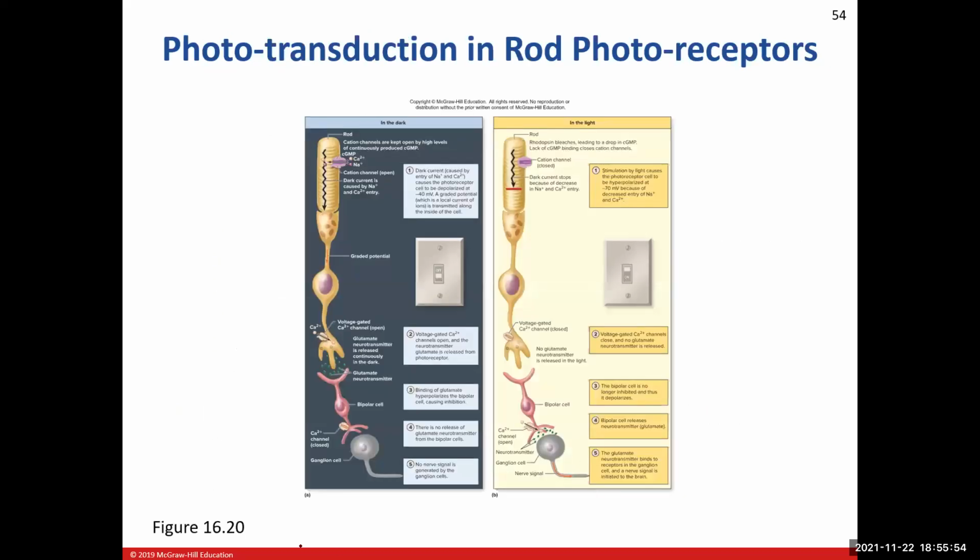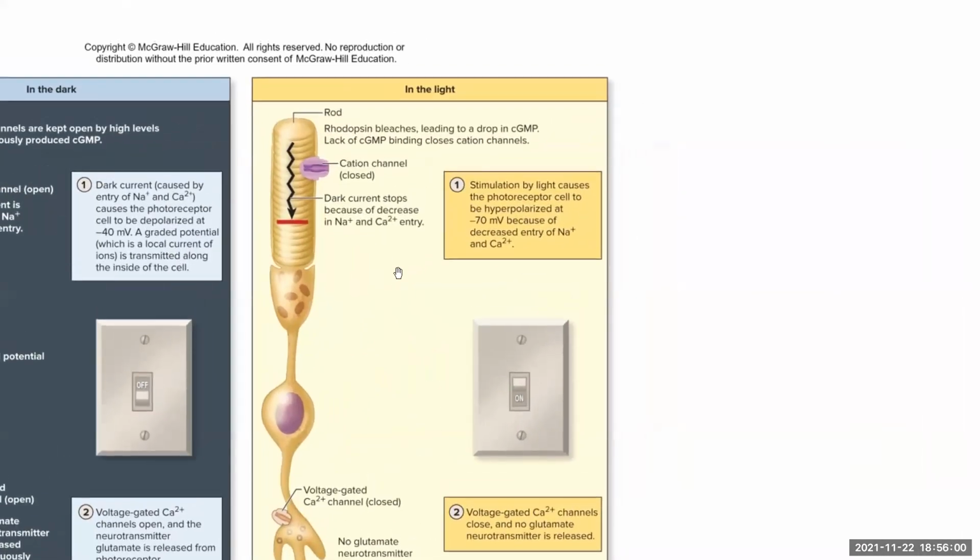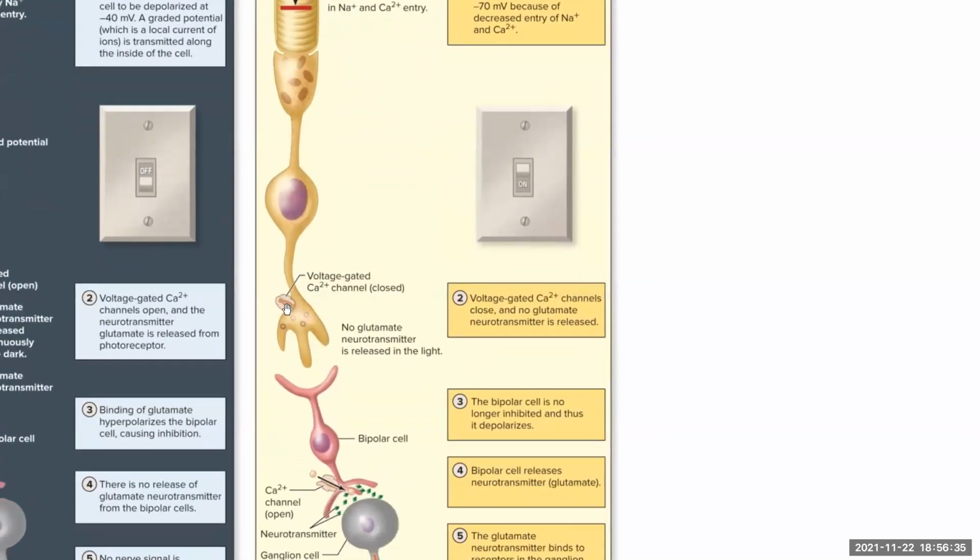Take a look and see what that looks like in picture form right here. So we flipped our light switch on. We bleached our rhodopsin. Because of that, we've activated our secondary messenger system, and that phosphodiesterase has broken down the cyclic GMP inside of our photoreceptor. So we've essentially removed the door jamb, that wedge, it's gone. Our cation channels all close up. We no longer have that dark current coming in, so we're no longer depolarizing the cell. In this case, we've hyperpolarized our cell.